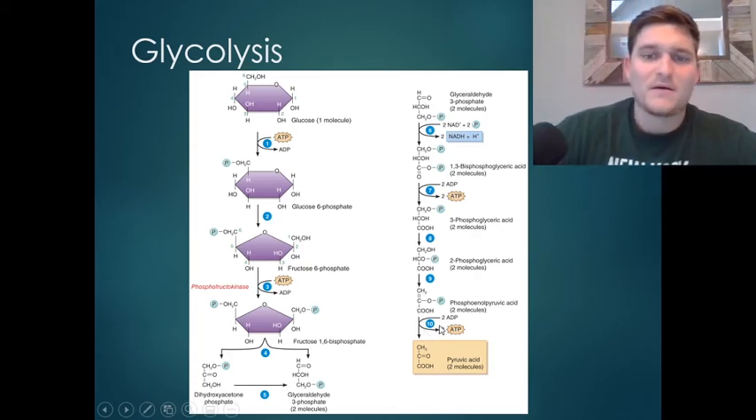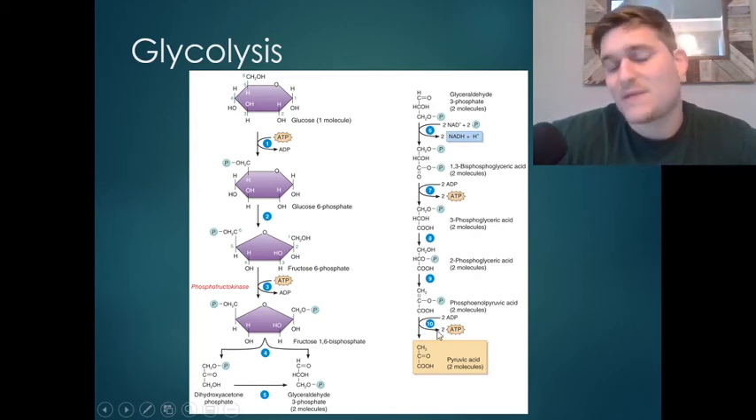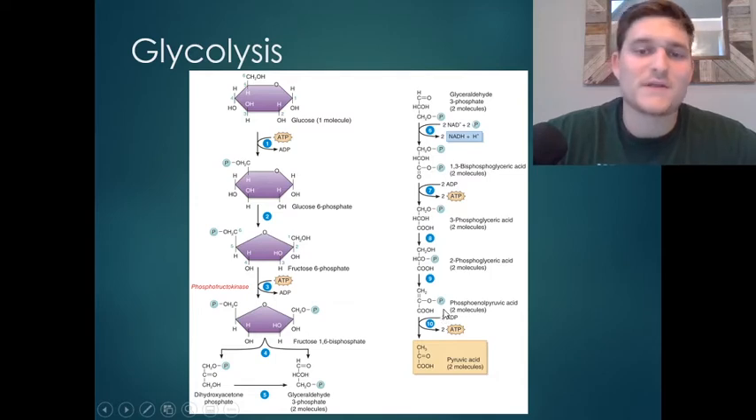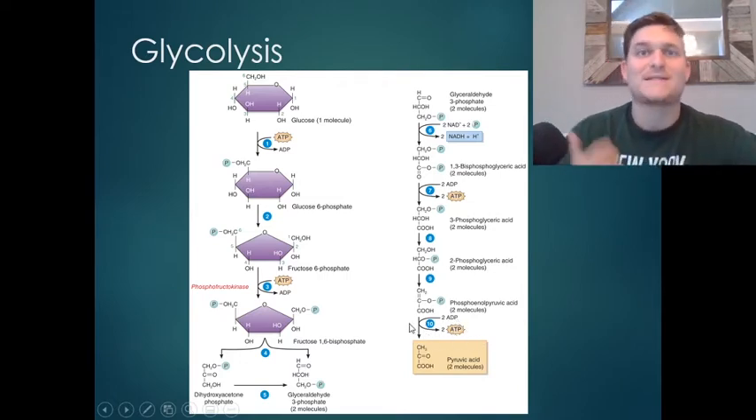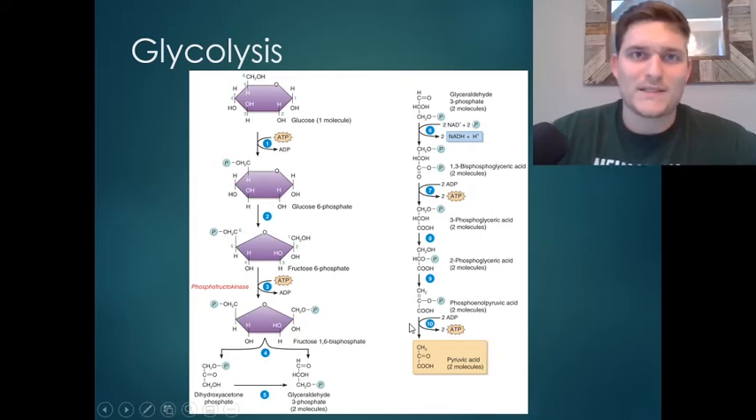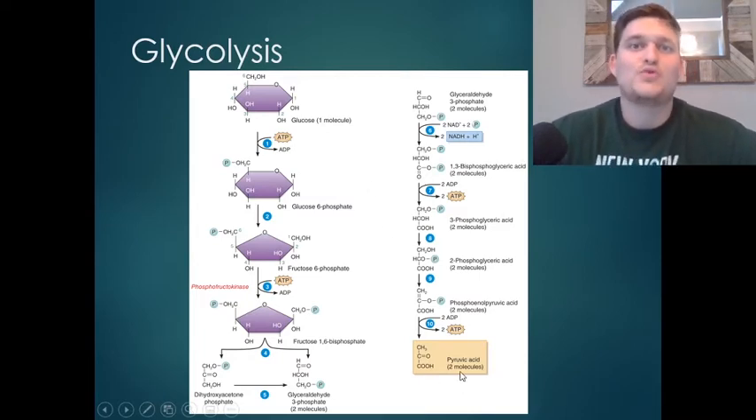And then here, step 10, enzyme 10, pyruvate kinase, what we're going to see is we're going to cleave off those phosphates, and those phosphates can be added to ADPs to now make ATPs. So in this last step, we got 2 more ATPs. So that whole process, the conversion of 1 glucose molecule to 2 molecules of pyruvic acid, we netted 2 ATP,